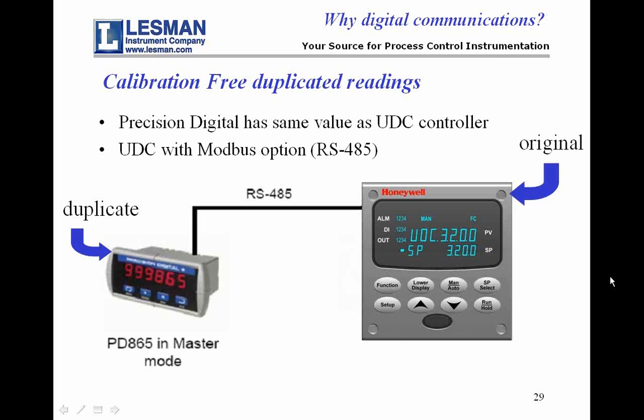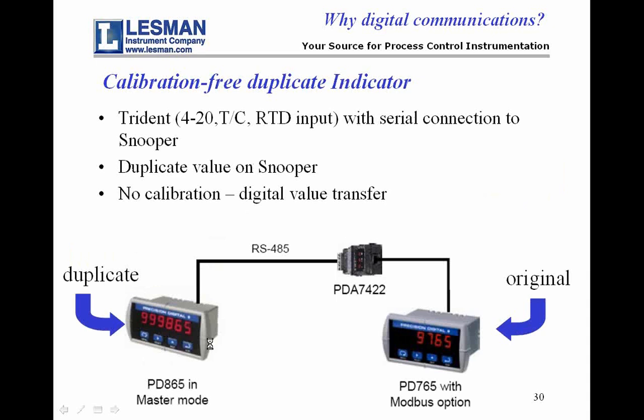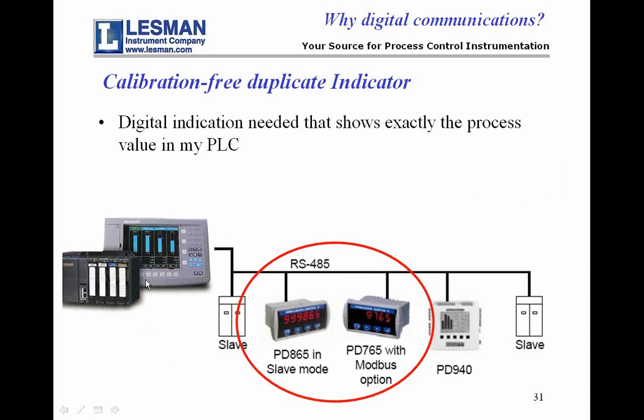One reason we found that people are looking into digital communications is just the replication of a data value elsewhere in the plant, but they want the exact same value. They don't want to send an analog and then have it translated and be off by a little bit. So there are, for instance, panel displays out there that will read a device and give you an exact value somewhere else. Here's an example where you can actually just use two indicators that have the same display on them,